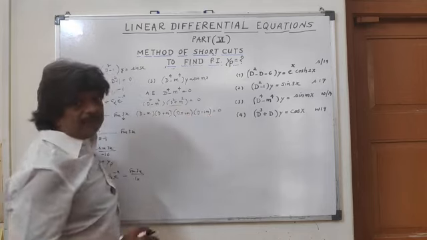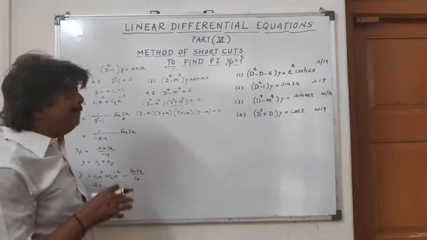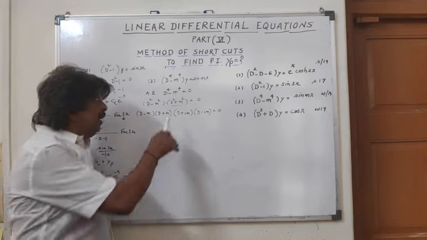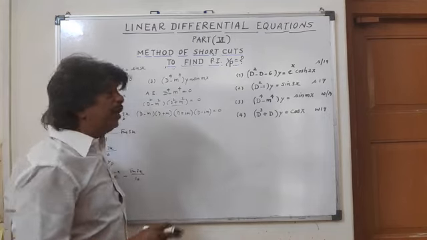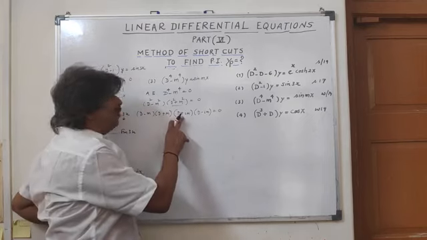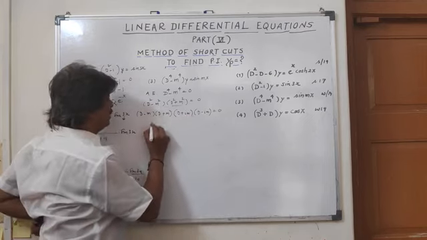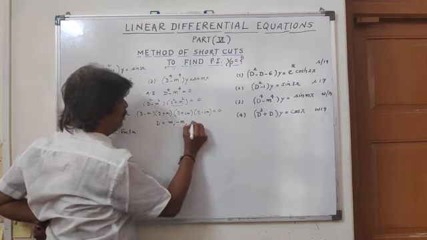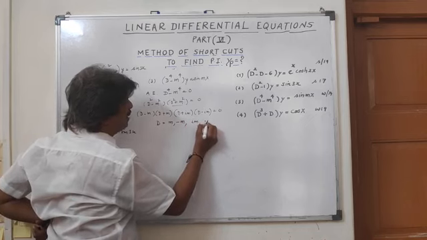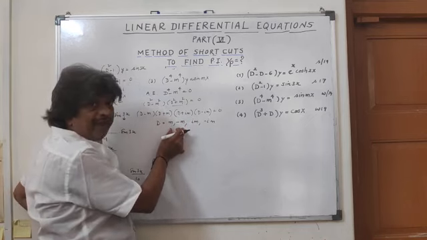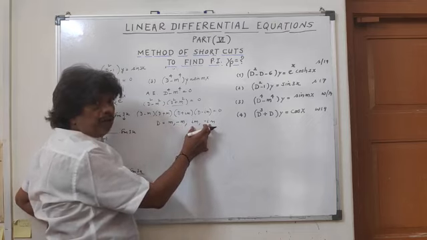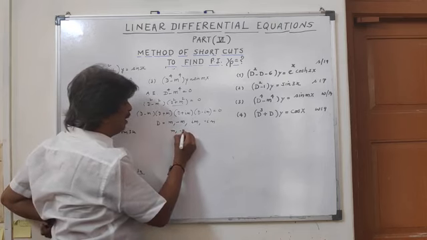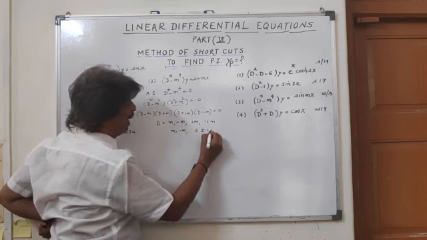This d square plus m square can be written as d square minus i square m square. D square plus m square can be written as d square minus i square, since i square is minus 1. So its factors are d plus i and d minus i. The roots are consequently d is equal to plus m, minus m, plus im and minus im. So these two roots are real and distinct. These two roots are complex and conjugate. Here alpha is 0. The roots are m, minus m and 0 plus minus im.